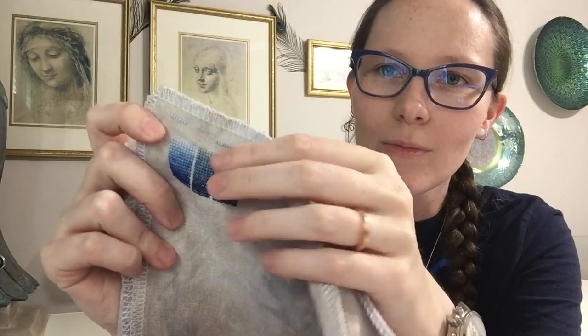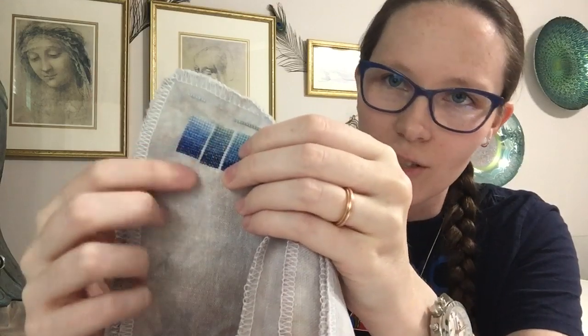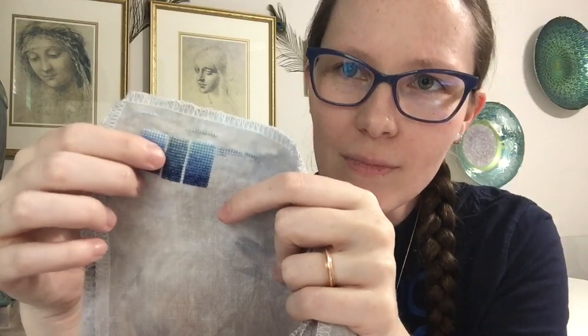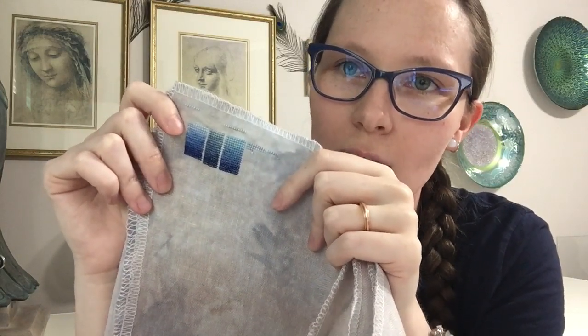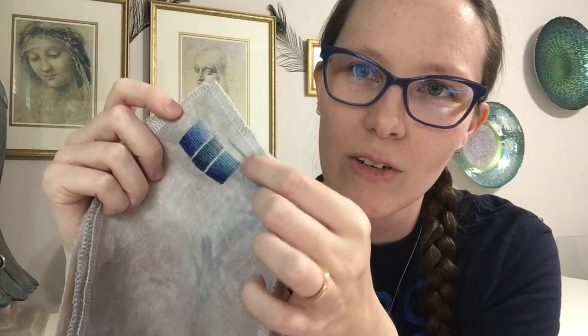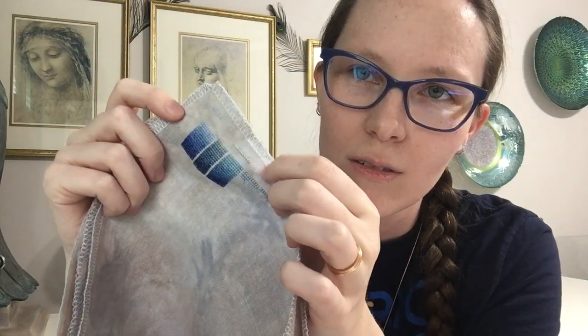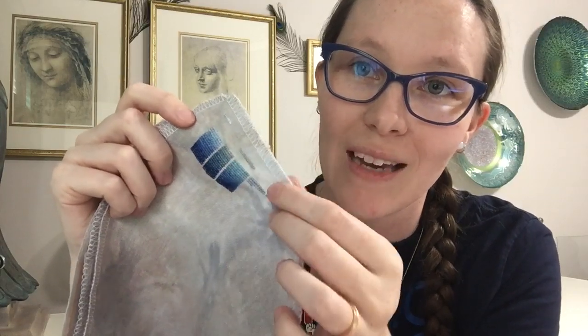So when I did the poll, I only had these two up. And that's just the straight floss right there, nothing done to it. This one is coffee dyed. And you're kind of able to see what my concern was with that one in this better than in the photo. But it kind of blends in. Like here's just a single line of the lightest part of that thread with the coffee dye,